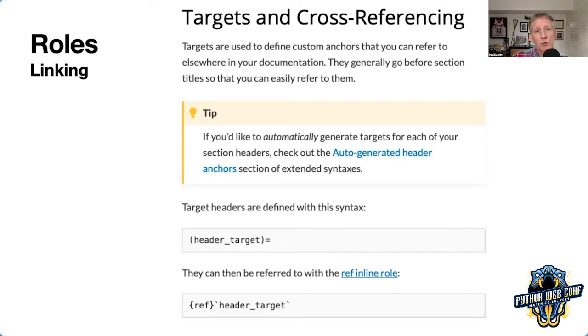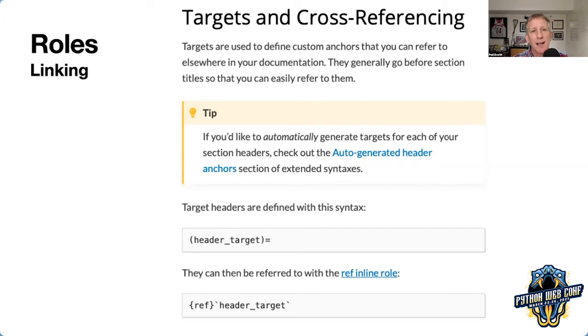And then the second part shows curly braces like we saw before with ref on the inside, which is exactly the way you would do it if you were writing reStructuredText. You would put :ref: and then you can put the header target. You can also do that trick to give some link text. Let's look at it without link text.